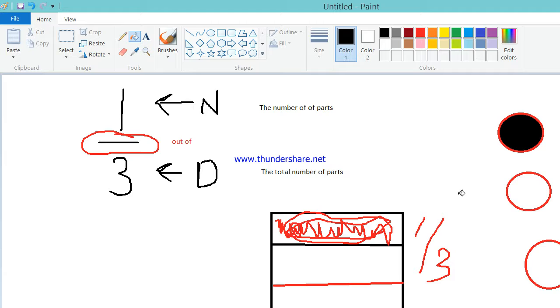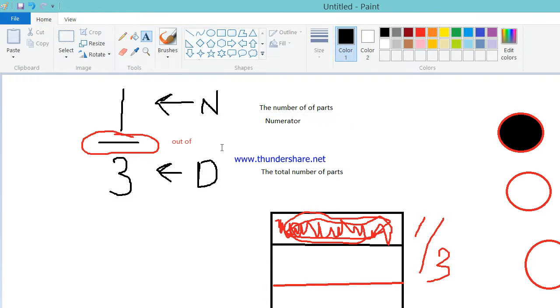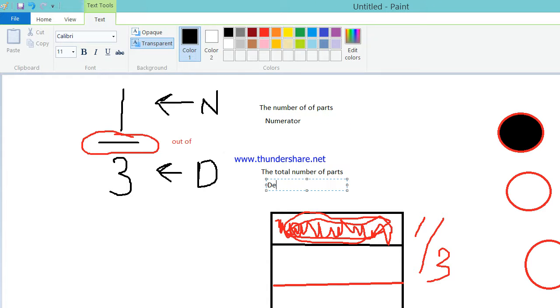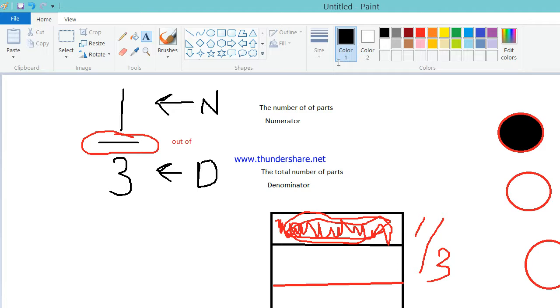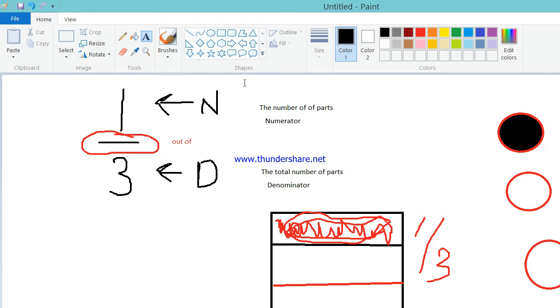That's really the basics of understanding how we use fractions, or what we're talking about when we're dealing with fractions. We're talking about the numerator. That's the number of parts that we're talking about. And we're talking about the denominator. That's the total number of parts that make up a whole. So the other part of this concept is, if 3 is the total number of parts that make up a whole,